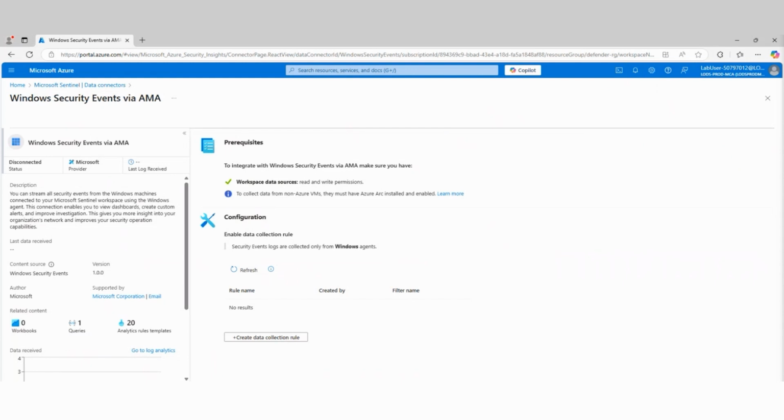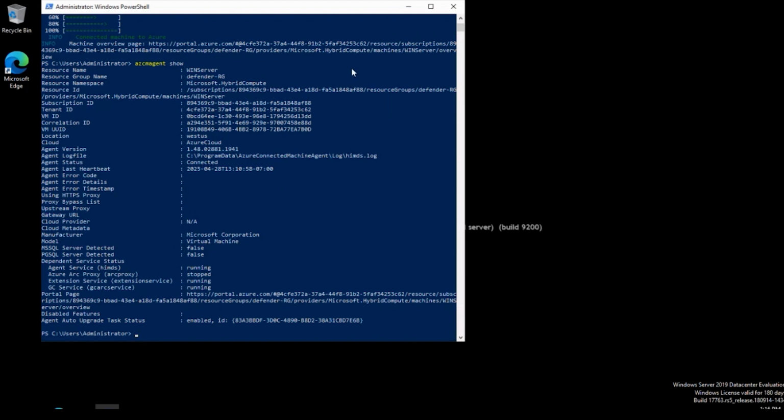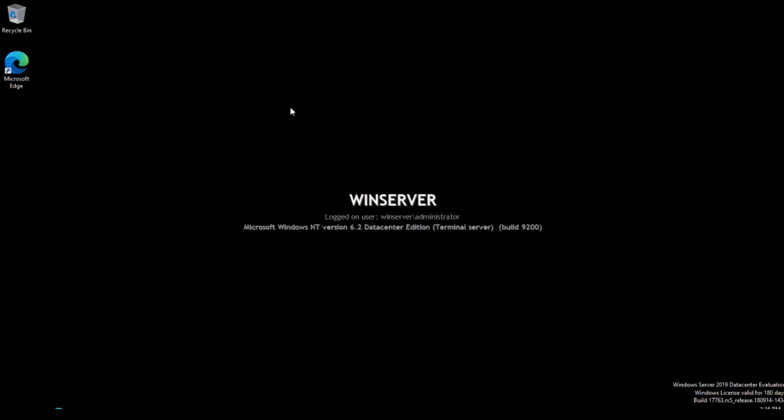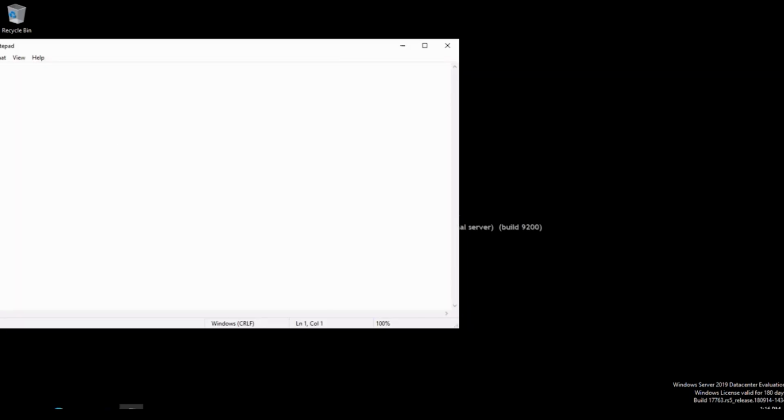The next thing we want to do is simulate an attack. In order to do this, we're going to go back to the Windows server that we have the agent installed on, and do a few things to generate some simulated attack traffic. So let's open up Notepad here, and we're going to run a script.